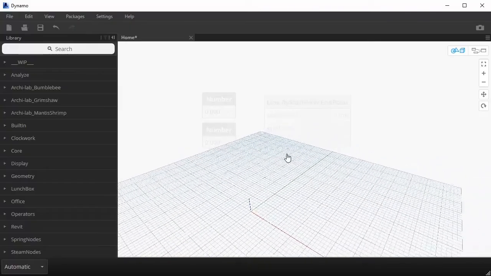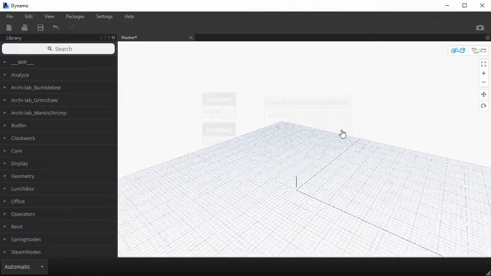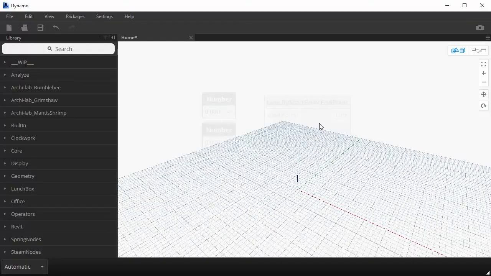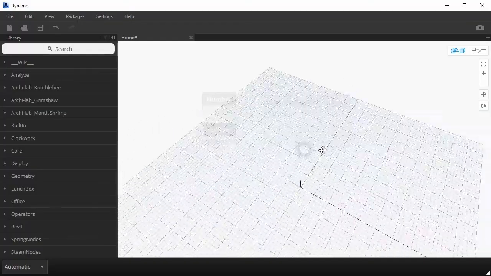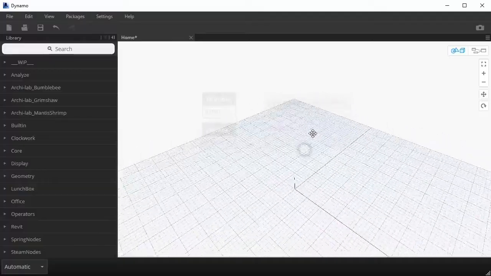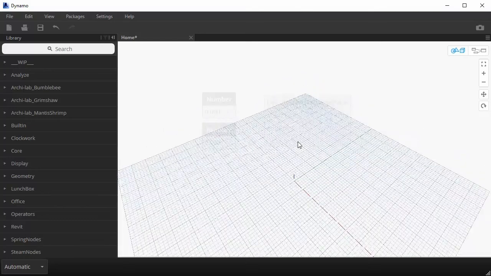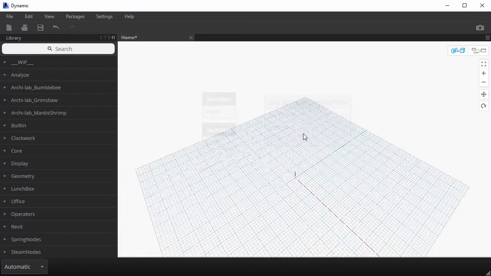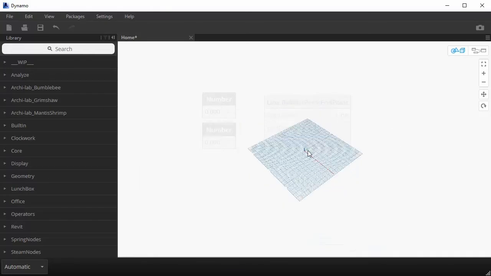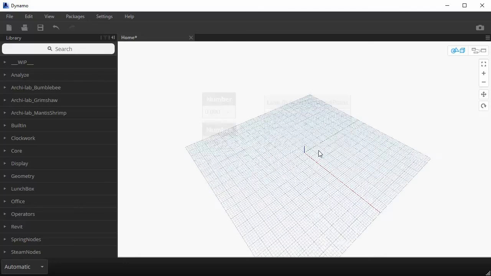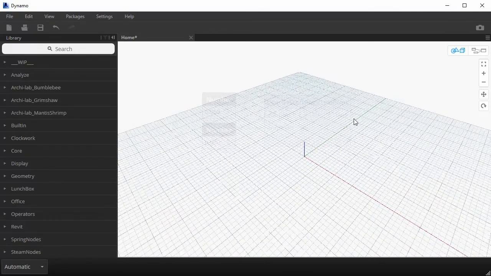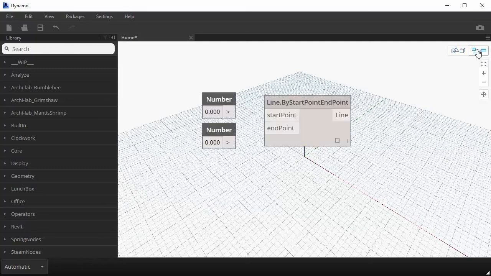So again, middle mouse button, when you push it, it lets you pan. The right mouse button, if you push it and just move around, allows you to pan around, rotate and navigate. And again, zooming in by scrolling, zooming out by scrolling out. You can also, quite often I use this function, zoom to fit. So if you had any geometry in your canvas, it would just zoom to that geometry, and that's a pretty handy shortcut. And then you can toggle it back to work with the nodes.